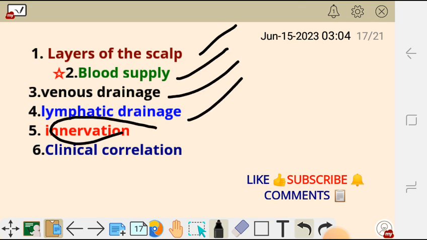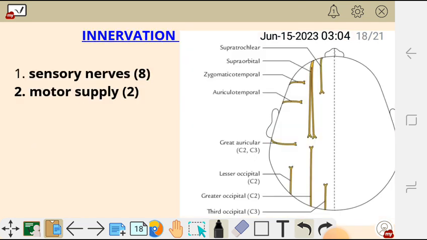Now let's move on to innervation. So innervation of the scalp. It has sensory and motor supply. So the sensory nerves, there are 8. Okay, there are 8 sensory nerves. We have 4 in front of the auricle, and we also have 4 behind the auricle. So the 4 which are in front of the auricle, we have the